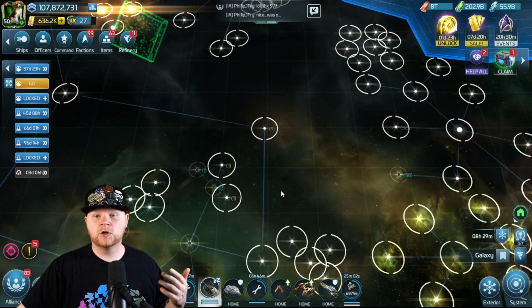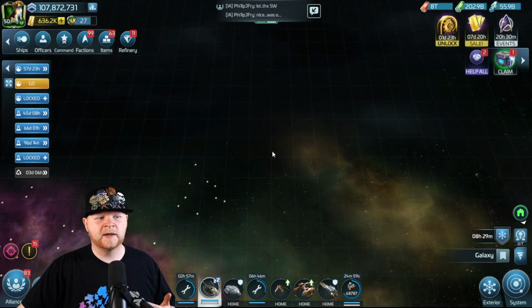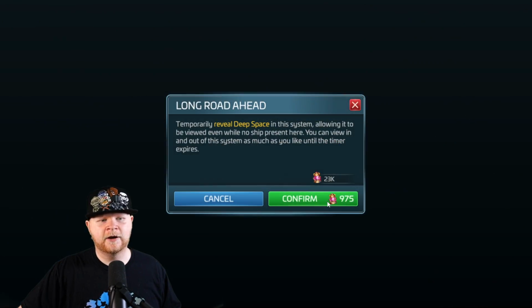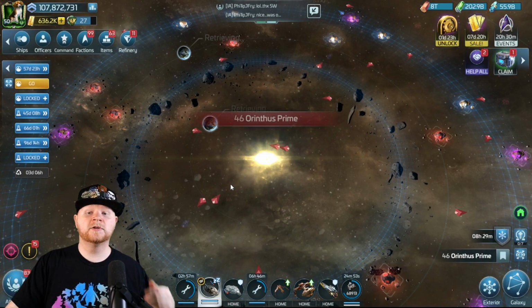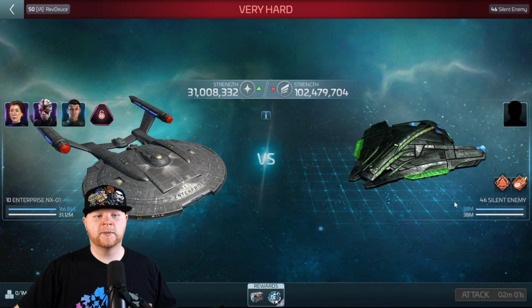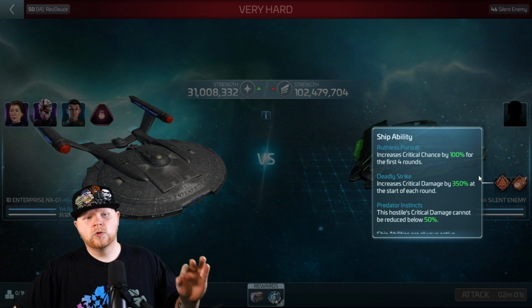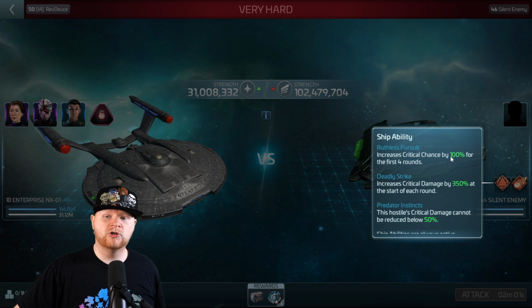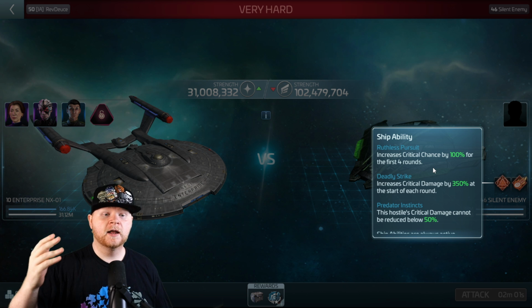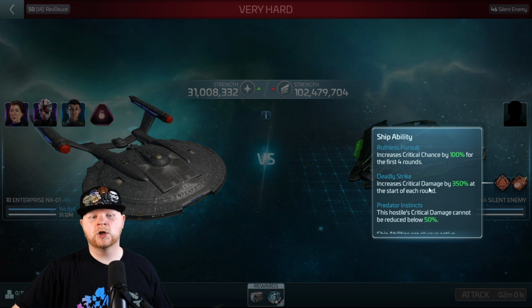So that allows us to look in the system without having to spend a token to go there. So I'm going to go ahead and shine a light on it. We're going to hop inside. I want to take a look at these hostiles and really show you what I'm talking about when I talk about that critical. So it increases critical chance by 100% for the first 4 rounds. So it's going to hit a critical guaranteed unless something reduces that, and then you have the critical damage